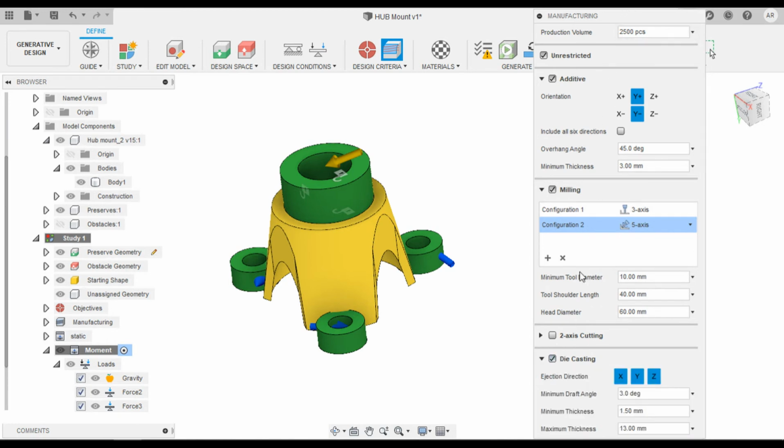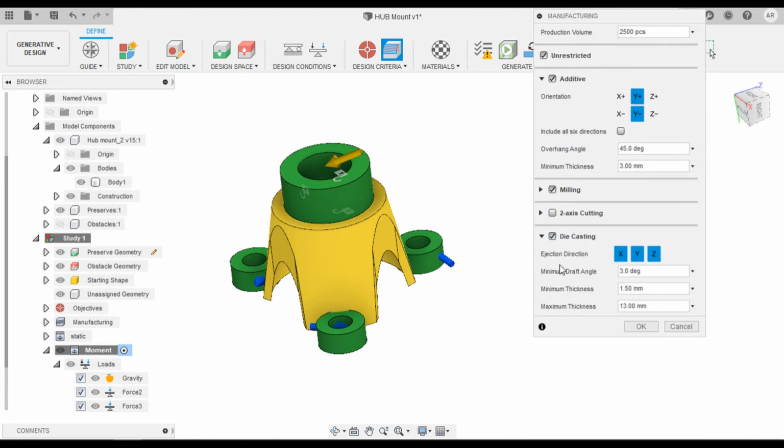Let's see what we have under die casting. We have ejection direction, which means the direction in which we eject the molds. I'm going to leave all these as defaults. And then we have minimum draft angle set to 3 degrees, minimum thickness set to 1.5 mm, and maximum thickness set to 13 mm. Again, I'm going to leave all these as defaults and then click OK.